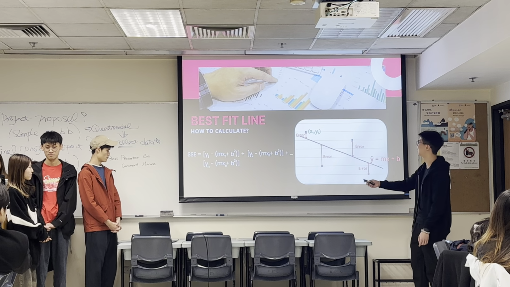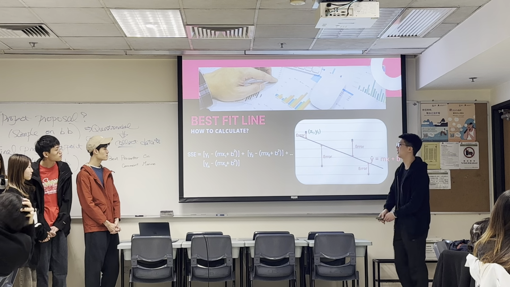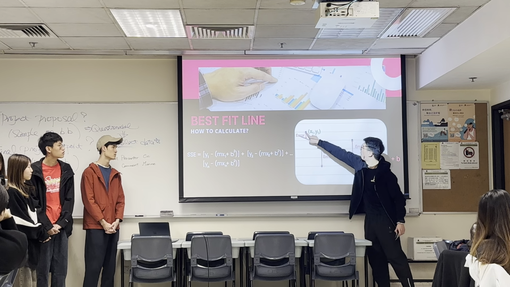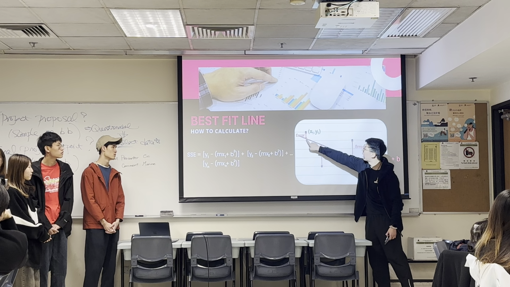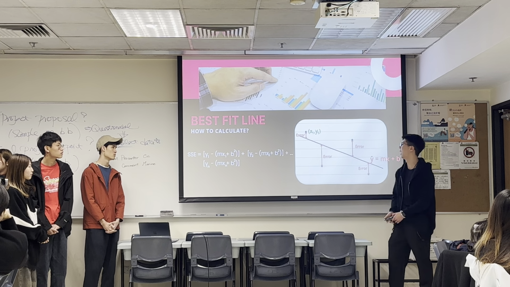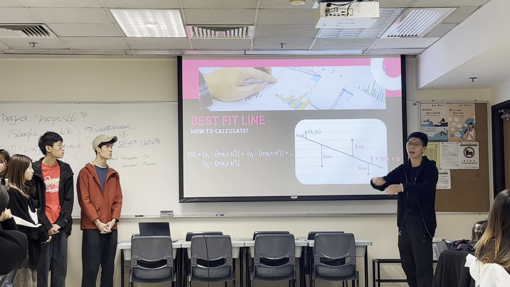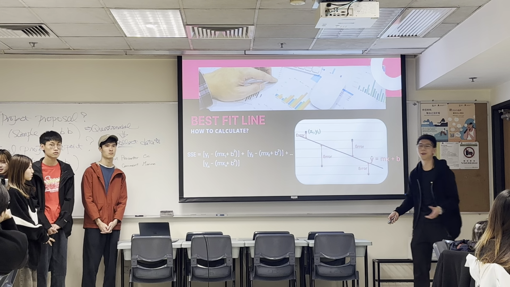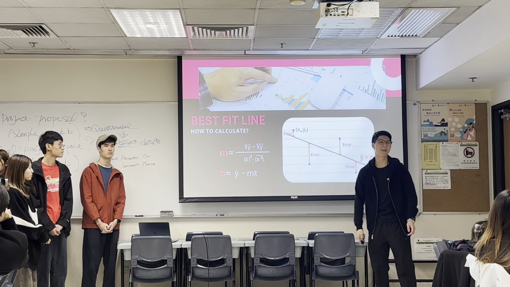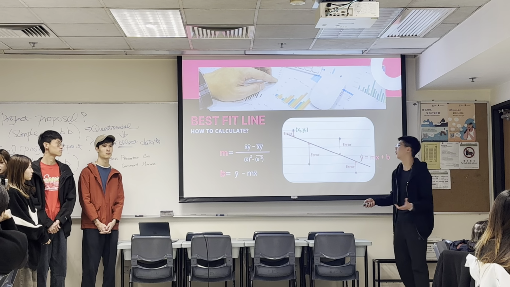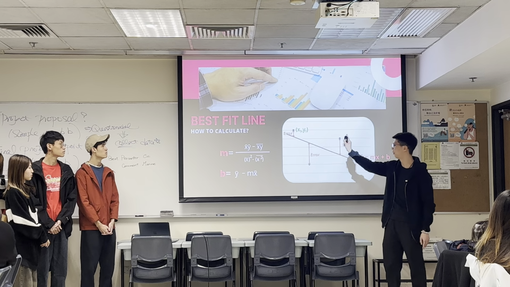It looks difficult, but it is basically the y value of this point minus the y value on the best fit line, and you add them all up and square them. After multiple simplifications and a little bit of partial derivatives, you get the results of these two